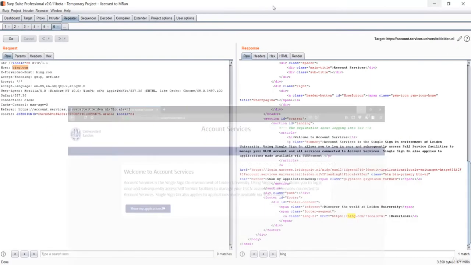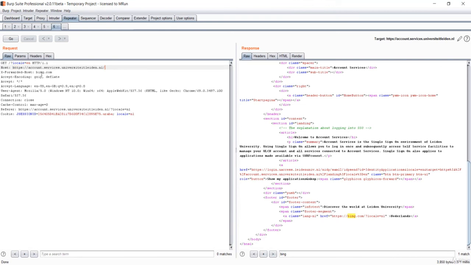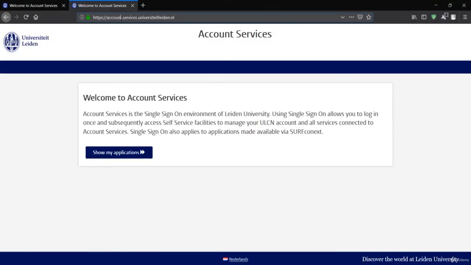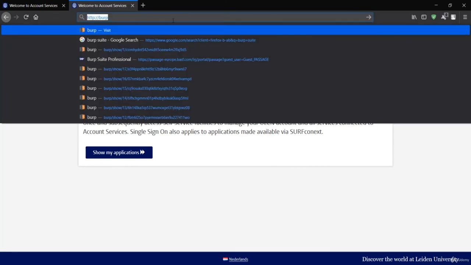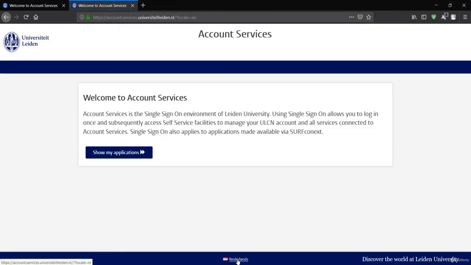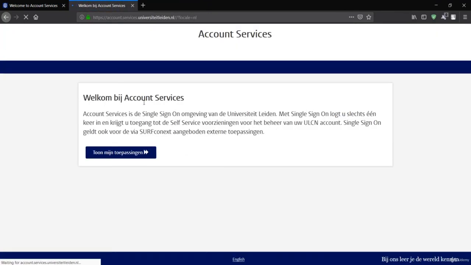Let me just copy it, let me just paste it over here. So if I just press go again, let's see how this works. Response in the browser, paste and go. Let's see in the Netherlands. So it is not working with the X-Forwarded-Host, but it's okay